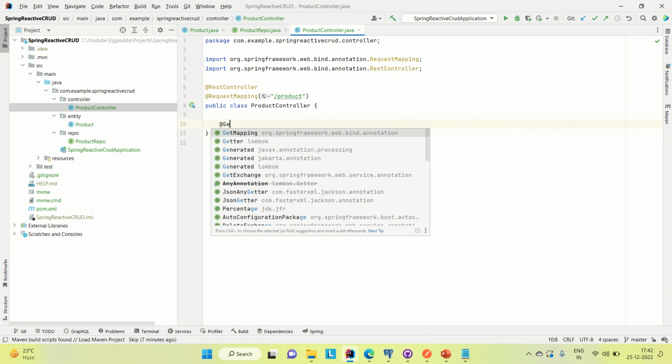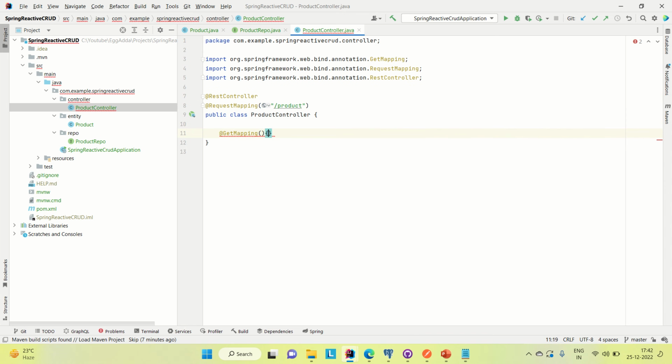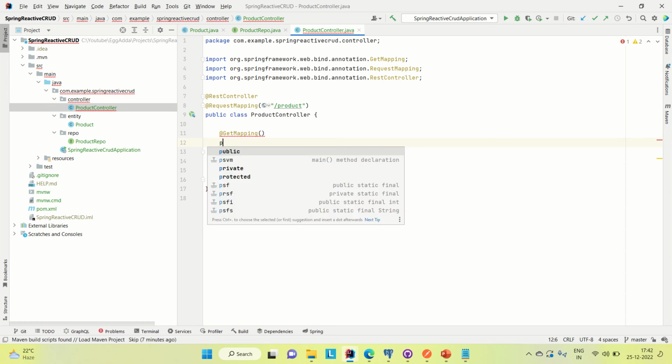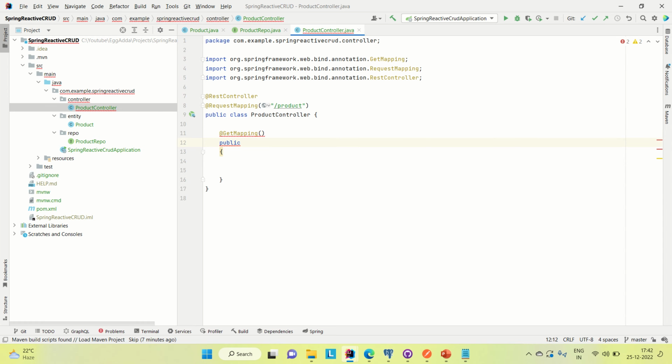I'm just going to create a get mapping here. Let me create one get method, public, and I'm going to create two get mappings. One is to get all the records from the database, and another is to get a single entity from the database. You might know about reactive programming: for dealing with more than one entity we use Flux, and when dealing with only a single entity we use Mono. So here I am using Flux to get all the records from the database. So Flux of Product,